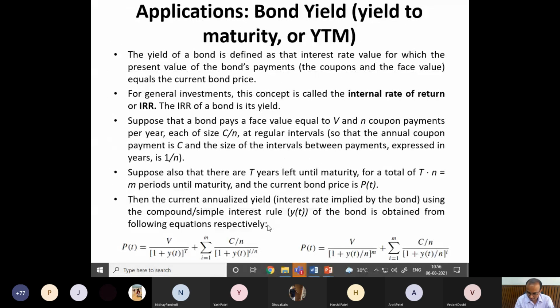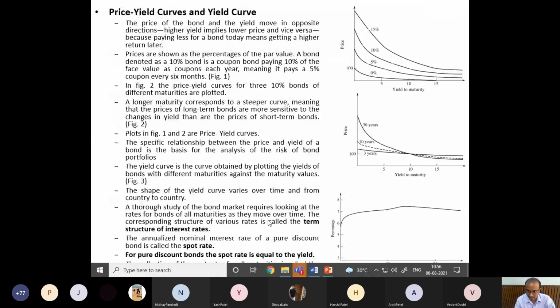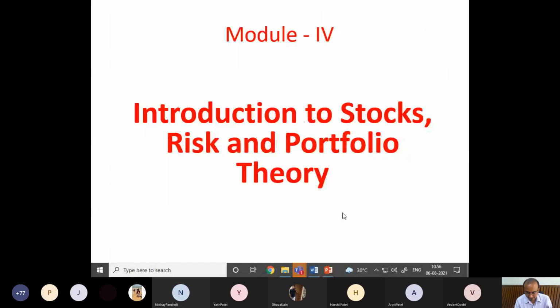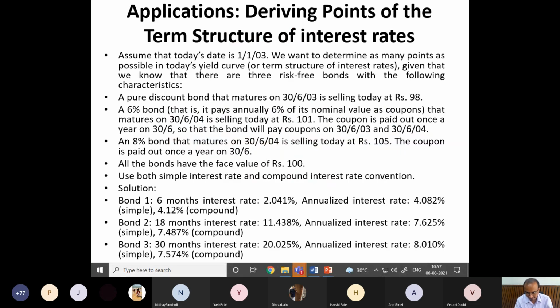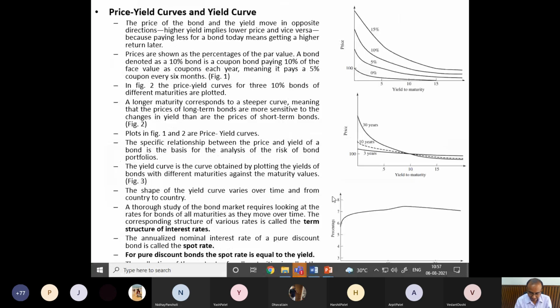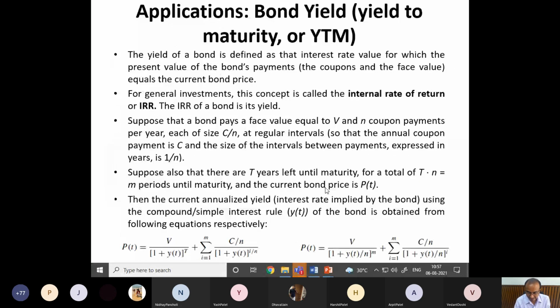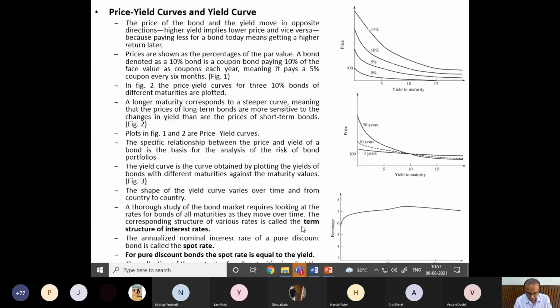So when you purchase a bond, don't look only at the yield. Then we will see some graphs called the price-yield curve or yield curve, which are very important, and we will see how these curves are derived. That will be the end of bonds, or fixed income securities. Then we go to stocks and risk, and then to portfolio theory, which has risky as well as risk-free securities. So next time, I hope you come with a thorough study of time value of money, so we can apply it to the calculation of bond yield, and we will also calculate the term structure of bonds.